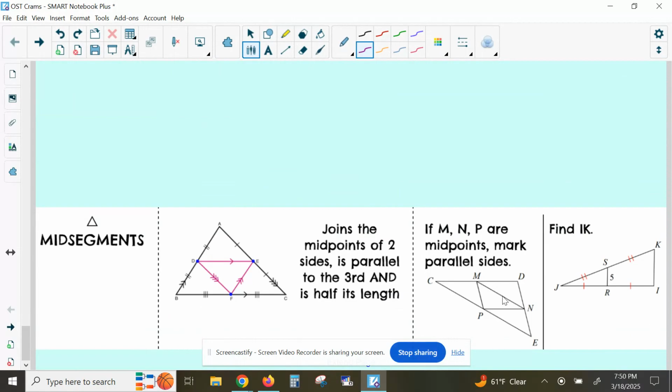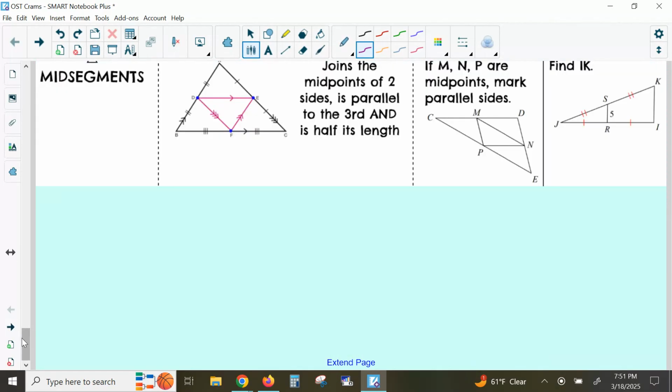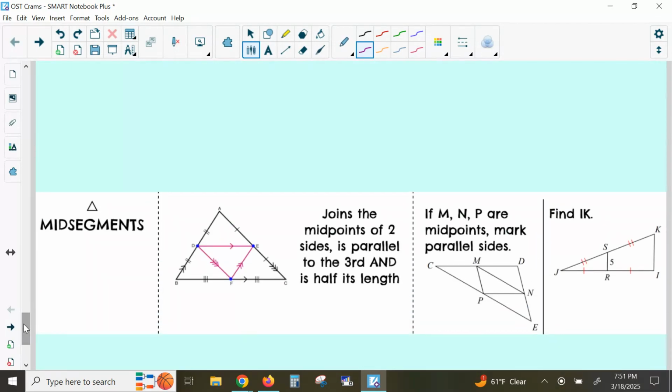And the last one we have is mid-segments. So a mid-segment has some special things. A mid-segment joins the midpoints of 2 sides and is parallel to the third. So I know this picture looks like a hot mess, but really this is what we're talking about. If I have a triangle like this, pretend like this is my triangle. If I wanted to have a mid-segment, I'm going to go from this side right here. So what I would have to do is find the middle of both of my other sides. So I would say the middle of that side is about there, and the middle of this side is about there. If I were to connect these,